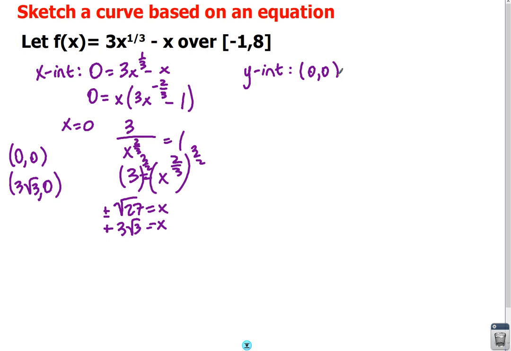Okay, so then let's see. What else do we need to do here? Oh, and horizontal asymptotes and vertical asymptotes. We are supposed to check for those. It's not a rational function here, so it's not a polynomial because you have this 1/3 right here, but it's also not a rational. So we're not going to have